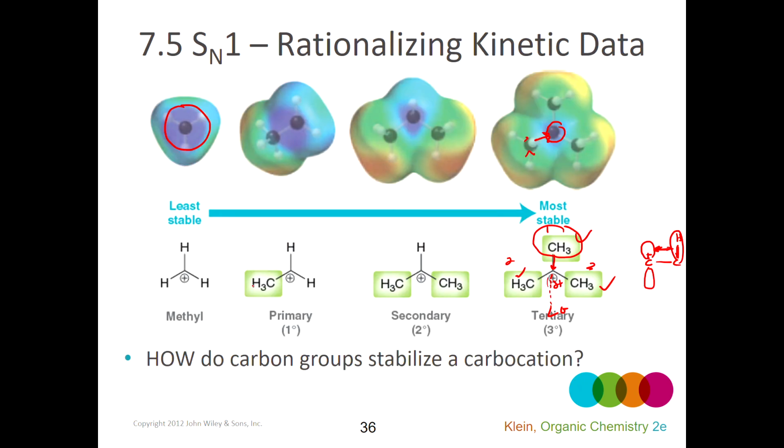When you only have one carbon group to shift electrons in through induction or to overlap a hydrogen with that p orbital,